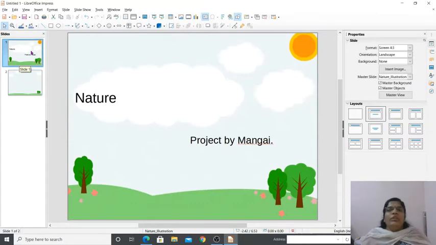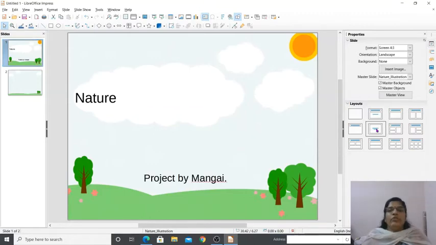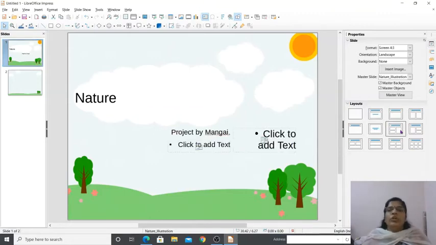So this is the slide. Now when I click on the slide, do you see the layouts at the right side? Starting from the blank slide, then a title slide, title and content, two content, and up to six content, title with six content. So these many layouts are available here. You can choose the layout you need. Now you see it is changed into the title and two content layout. Now let it be single.